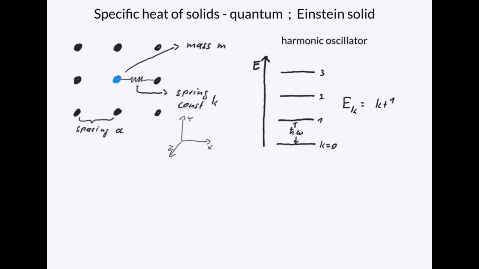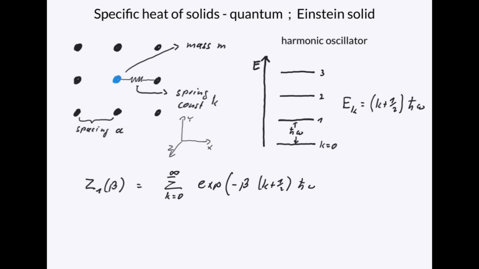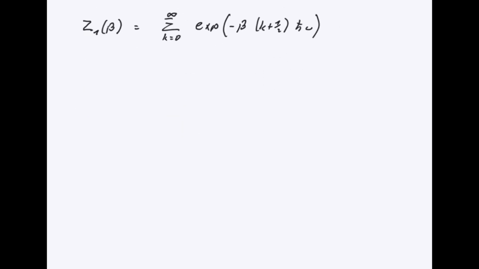Now the solid is made up of N particles, and each particle is described by 3 harmonic oscillators in the x, y, and z directions. Now the partition function of a single harmonic oscillator in the quantum mechanical view is given by Z1(β), which is equal to the sum over all states k from 0 to infinity of e to the minus β (k + 1/2) ħω. Taking out the constant factor e to the minus β ħω/2 for each of the terms of this infinite sum,